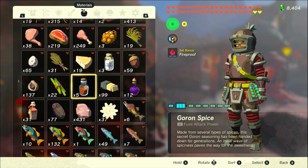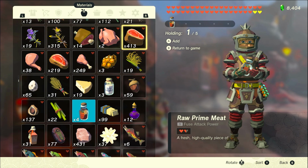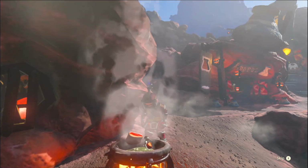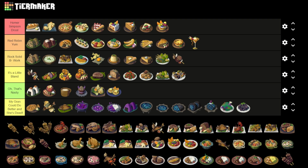Here we have the spiced meat skewer, which I think would be pretty good, but I don't know quite what Goron spice is. I've Googled it a bit, and people tend to agree that it's red Thai curry powder, so that would be pretty delicious. But if I think of any other spices that Goron spice could be other than red curry powder, I still think it would be pretty good. Like, I can't think of a Goron spice equivalent in real life that wouldn't taste yummy, just based on the descriptions alone. That being said, I'm gonna have to put it in rock solid B- work because of the quality